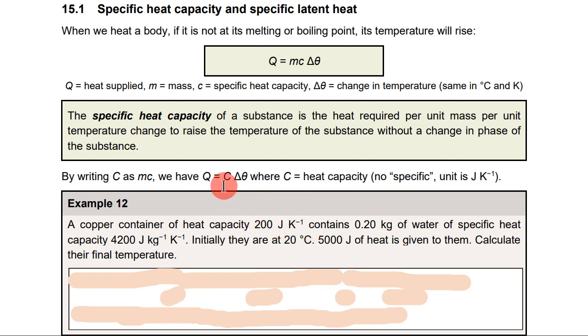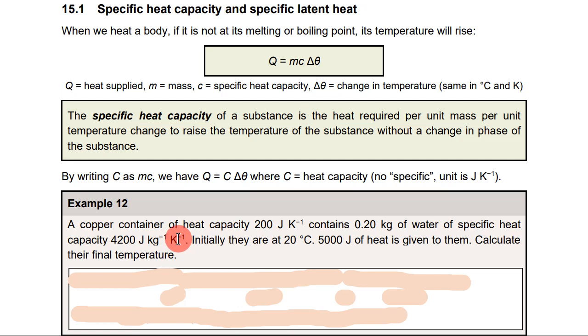That's why the formula is simply the big C times the delta theta. Joules per Kelvin multiplied by how many Kelvin, the temperature rise, that will give you how many joules, the Q. Then next we have also 0.20 kg of water of specific heat capacity 4200 joules per kg per